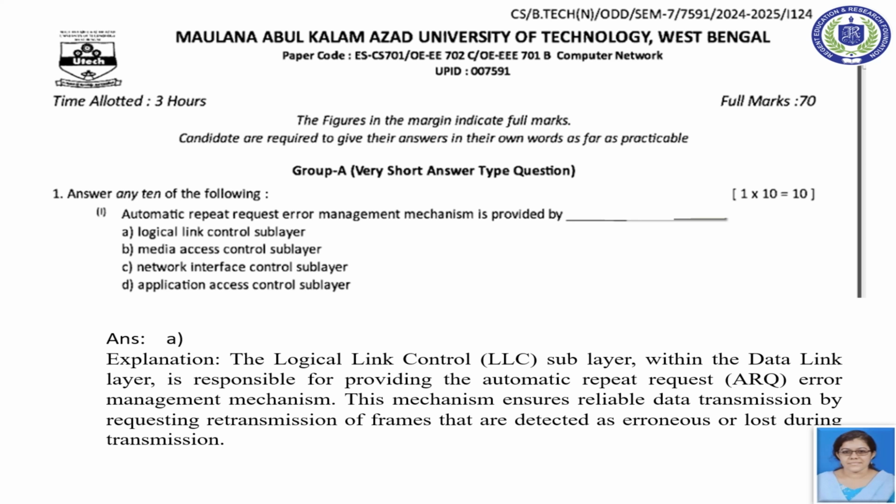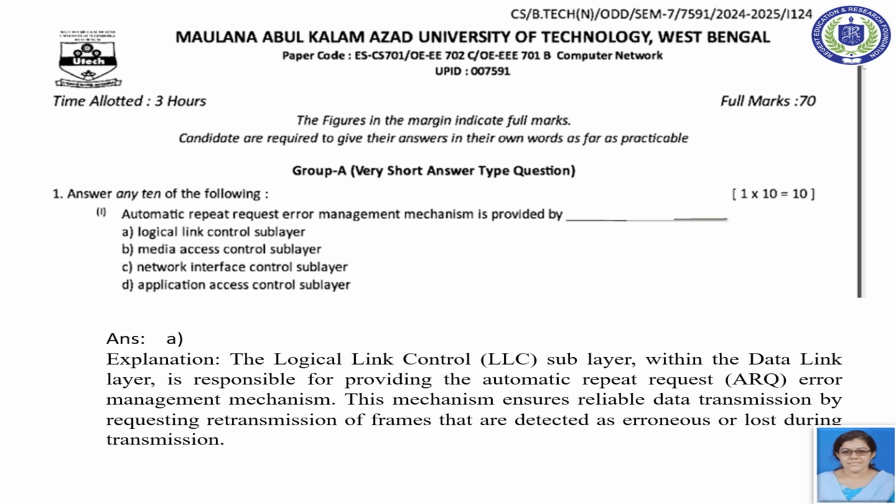You have already read the 7 layers from network. In that, the first layer is physical layer, after that the data link layer.